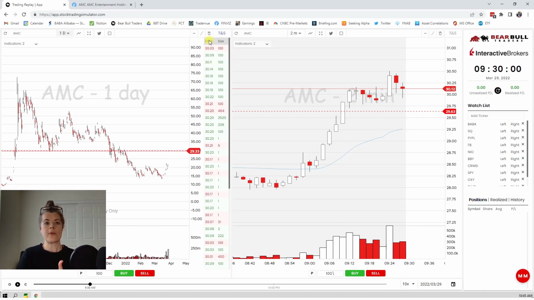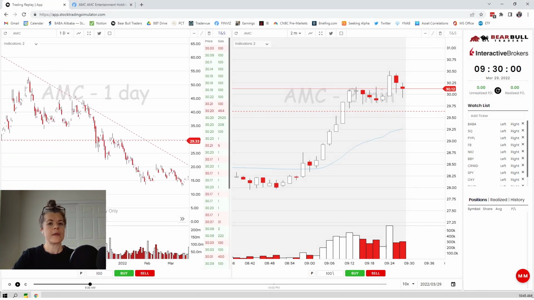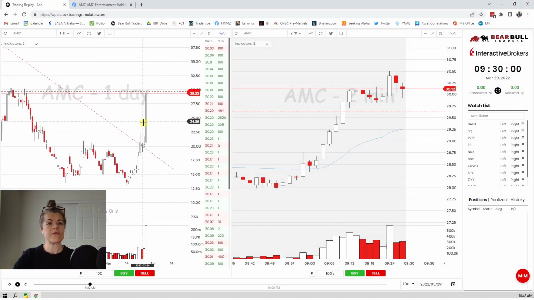So normally we would want to be playing this to the short side right now because the higher time frame is in a downtrend. But we would also be looking for areas where there would be some reversals, or areas of breaks, like breakouts and trendline breaks and things like that. So if I take the little trend line drawing tool and I just kind of draw this guy here, like that. So we've got the downtrend, and if I zoom in just a tiny bit, you can see that we've broken it. We broke it yesterday, so the day before, right?